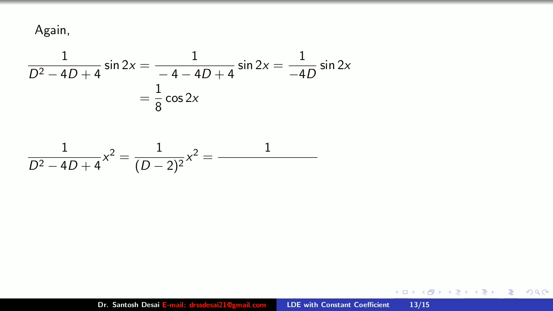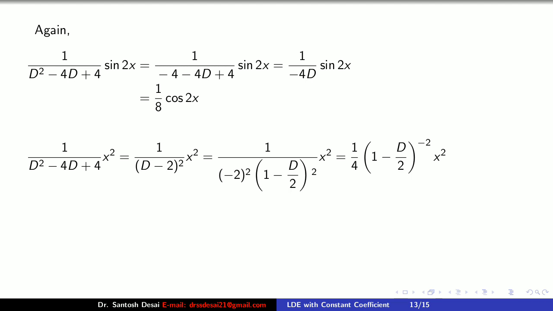So this is equal to 1 upon minus 2 square. Then first we write 1, then the remaining term is d, to its denominator write the number 2 and the sign of that number is minus, so therefore the middle sign is minus, and bracket square into x square. Now take that denominator term to the numerator. So we get 1 by 4, 1 minus d by 2 raised to minus 2 into x square.